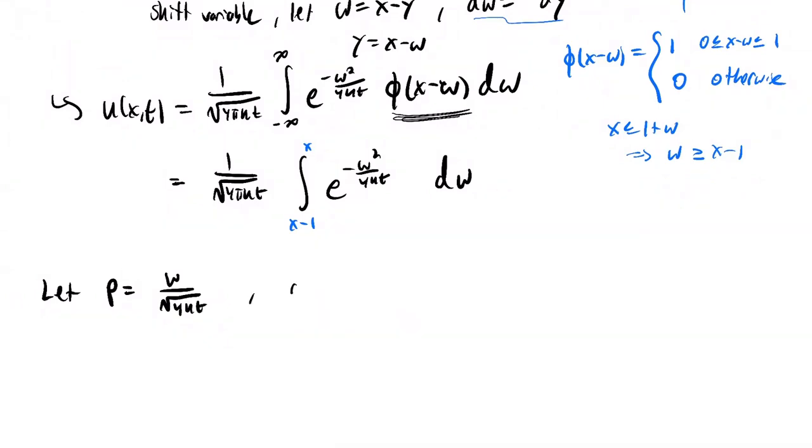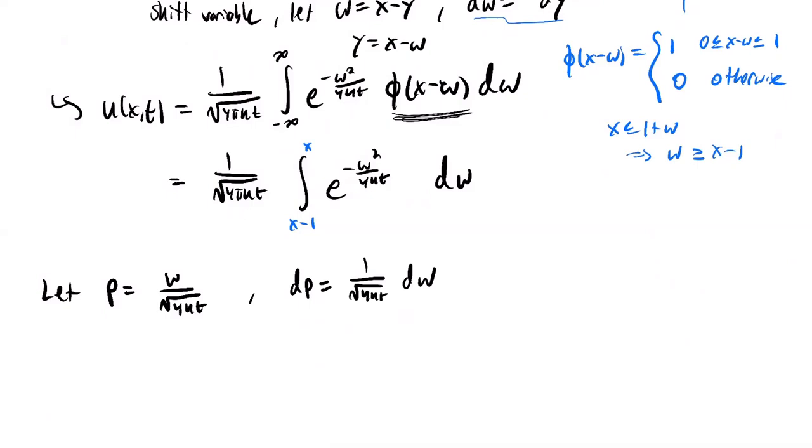And so what does this mean? Well, this means that dp is equal to 1 over square root of 4kt dw. And we'll notice I have basically that here in the integral already, except for the 1 over square root of pi term,